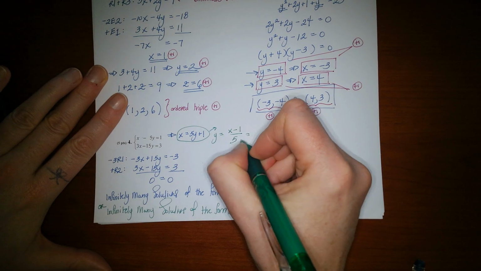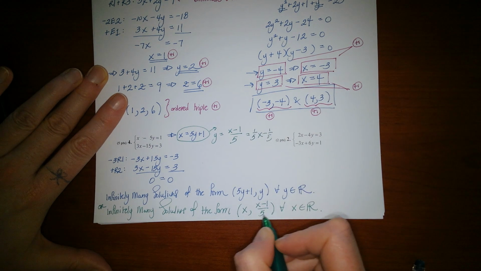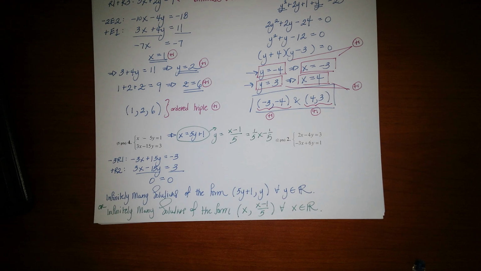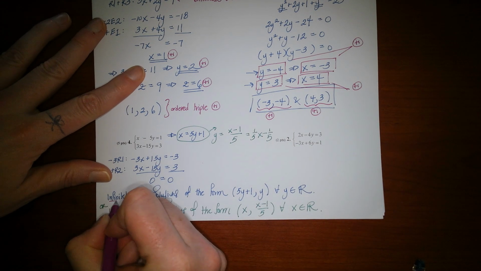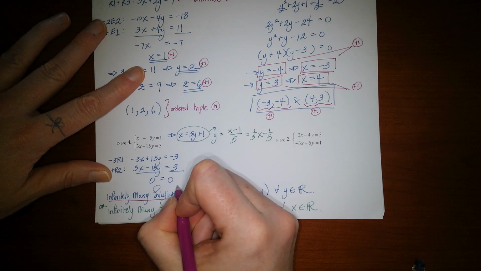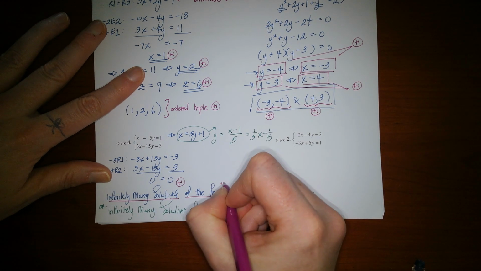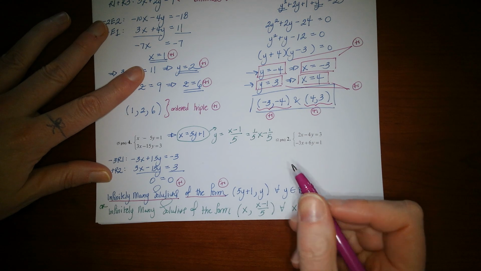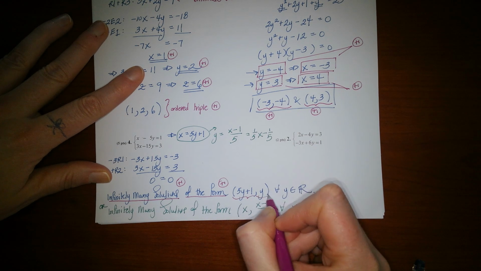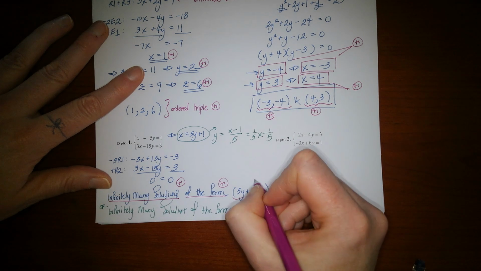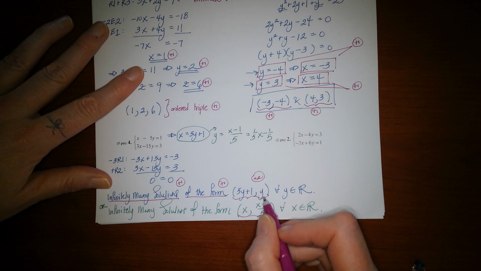You also could have, of course, divided the 5 in and had 1/5 x minus 1/5 written right there as well, okay? So scoring for saying infinitely many solutions, you get 1 point. For saying of the form, you get 1 point. For writing your answer in the form of an ordered pair, so either this version or this version, that's worth 2 points. So one for defining the x coordinate and one for defining the y coordinate in one way or